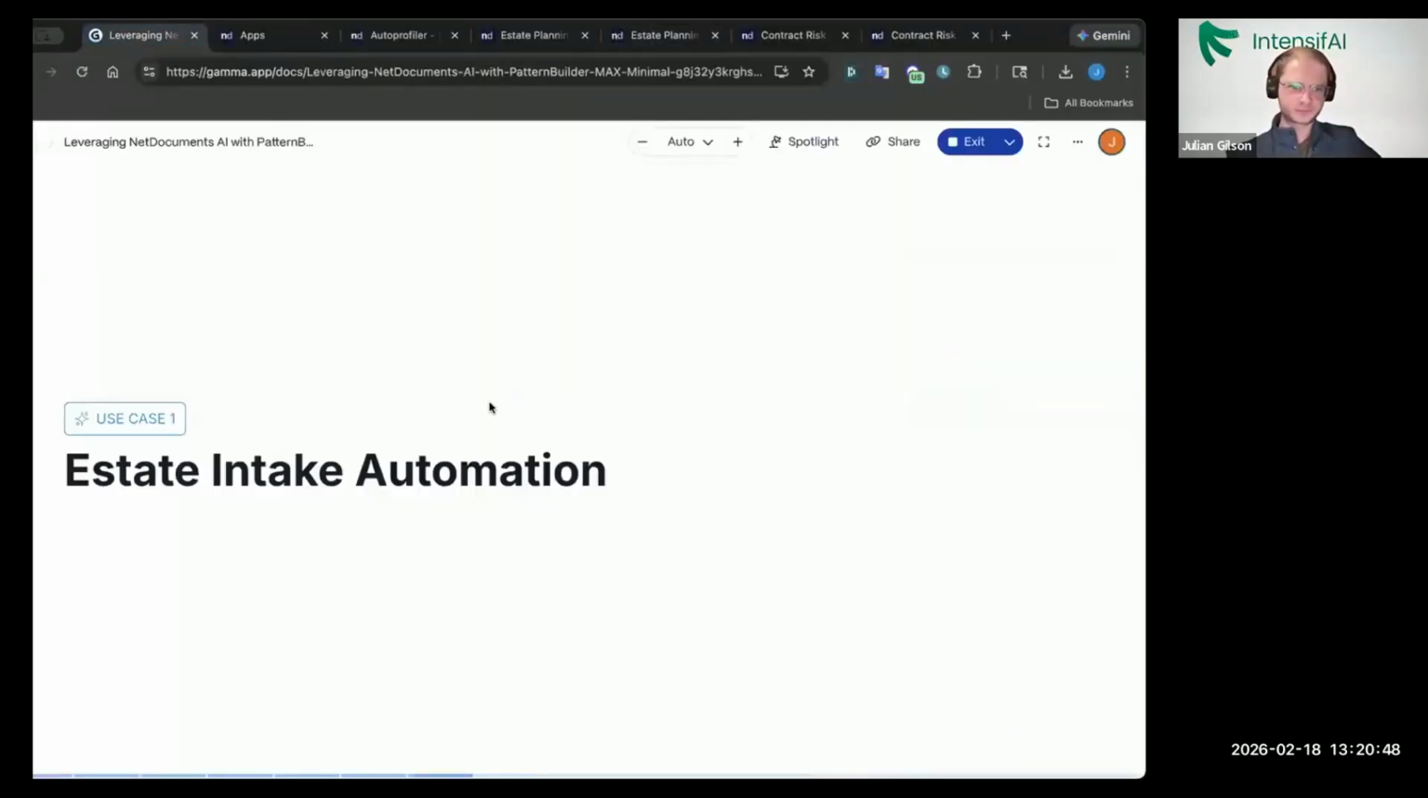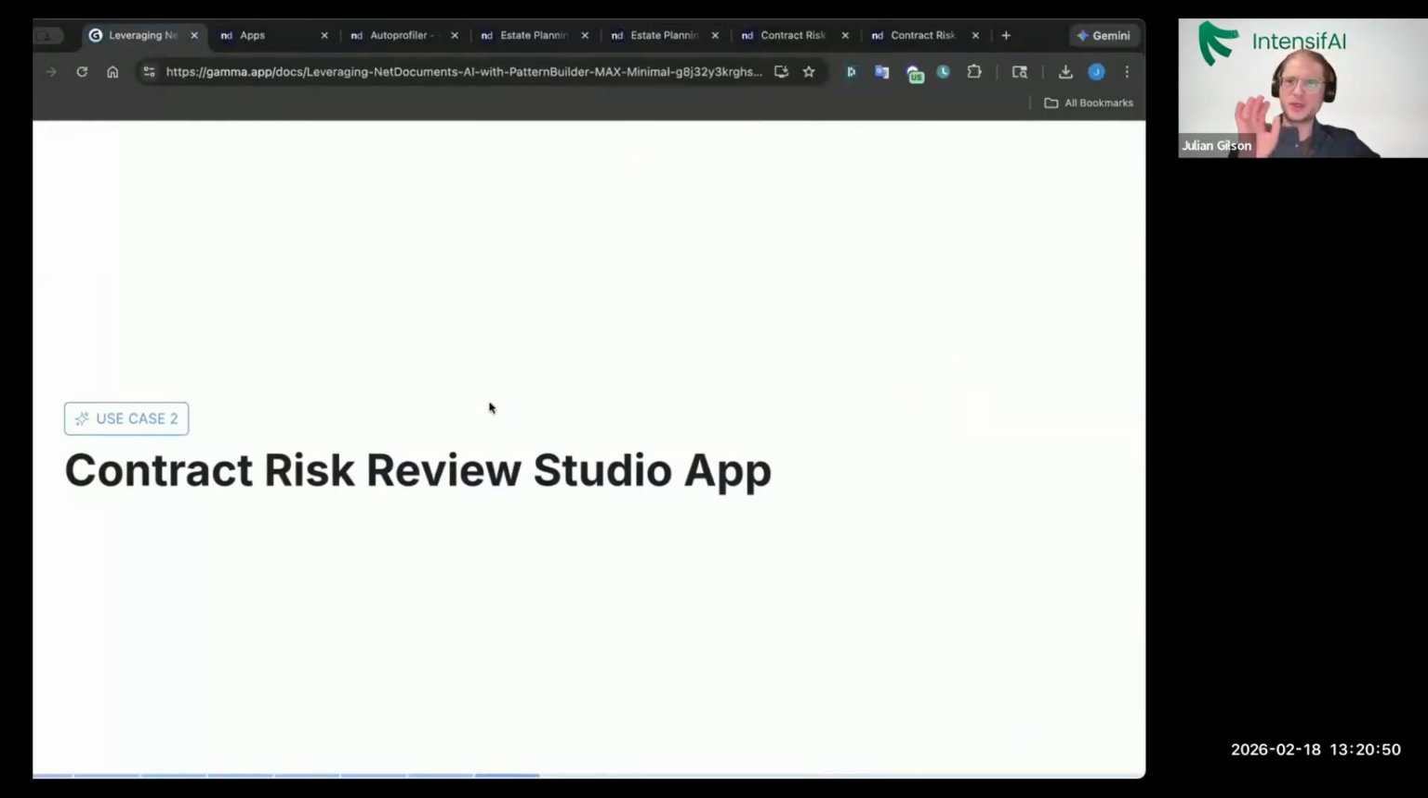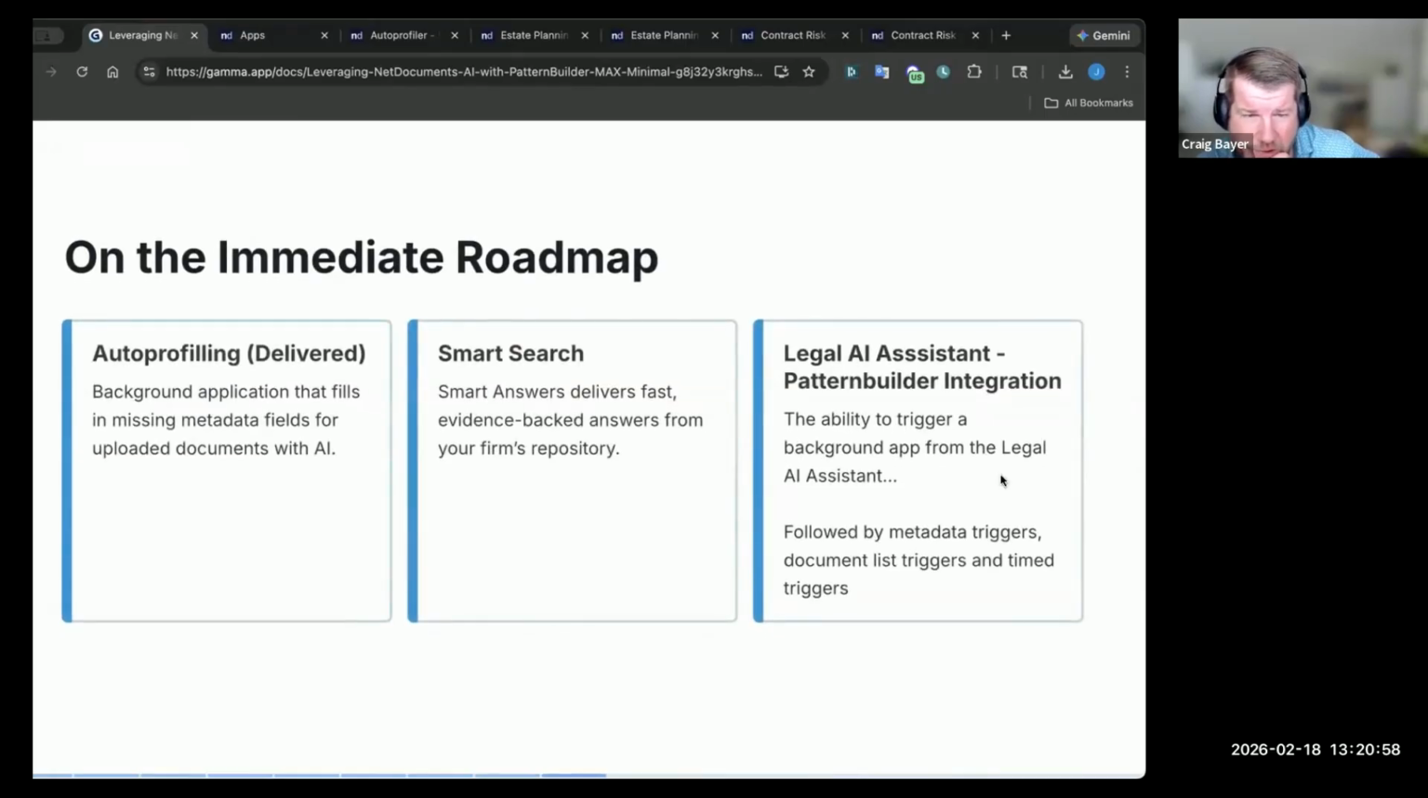Let me go ahead and share again. Basic intake. Here we are. So those are one non-AI app and one AI app. Can you see the screen again? Yes. Cool. All right, so this brings us to what's on the immediate roadmap and what makes using AI within NetDocs